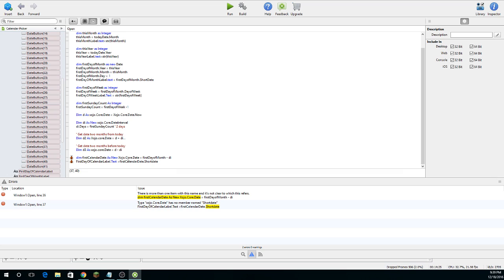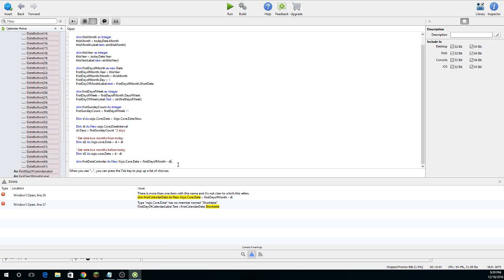So confused. Alright, let's just do this. First date calendar. I'm going to remove the second line just to make sure that works. So first day calendar as new XOJO core.date equals first day of month minus, okay, so di equals